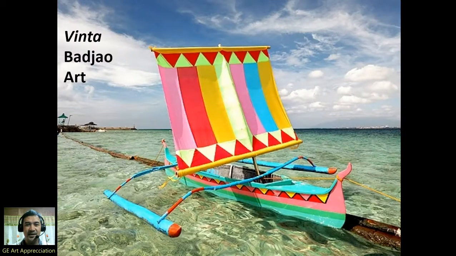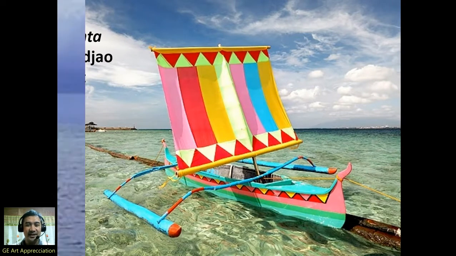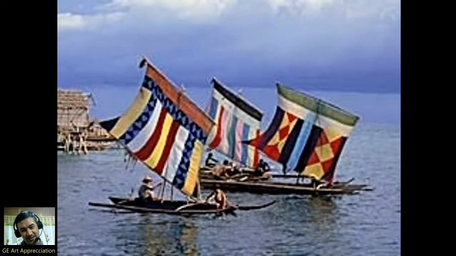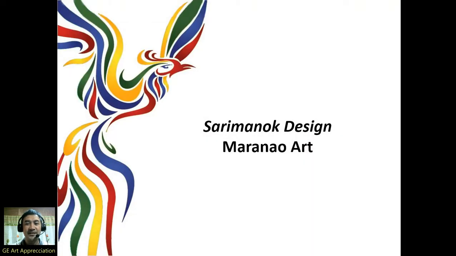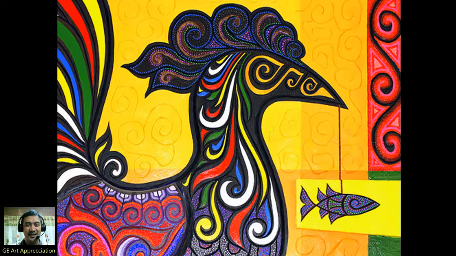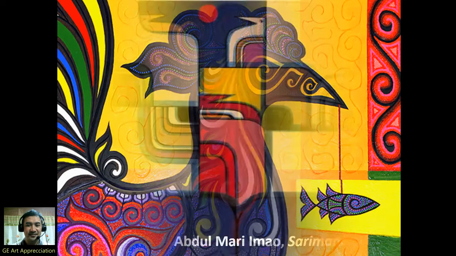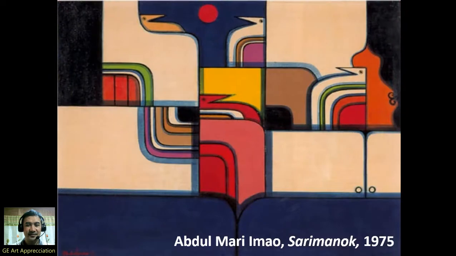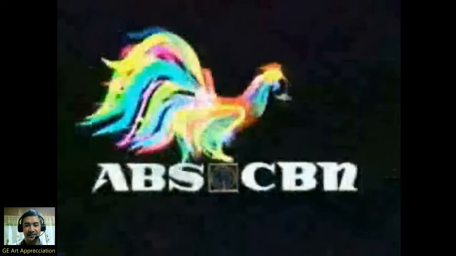Okay. Here we have the Vinta Bachao art. Okay, so let's take a look at the Vinta, no? Napaka-colorful ng kanilang mga designs. We have the Sari Manok design of Maranao art. See? Okay. Yan.